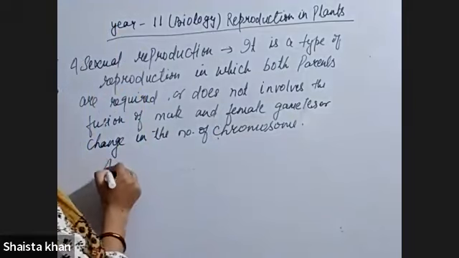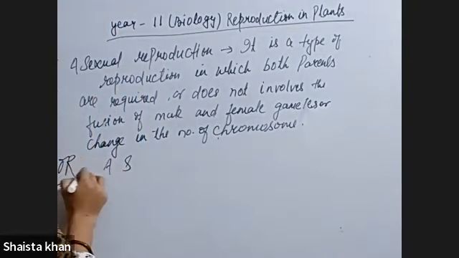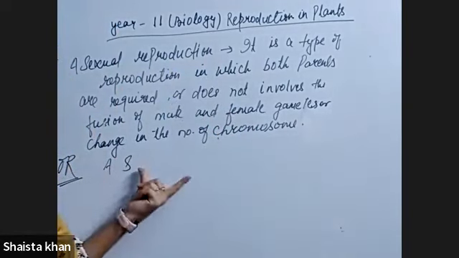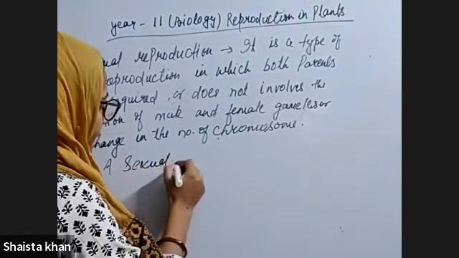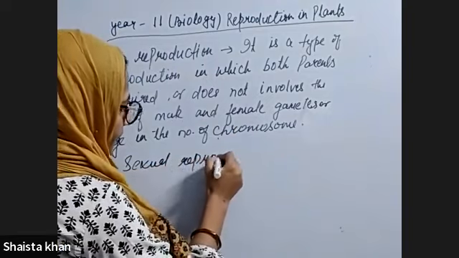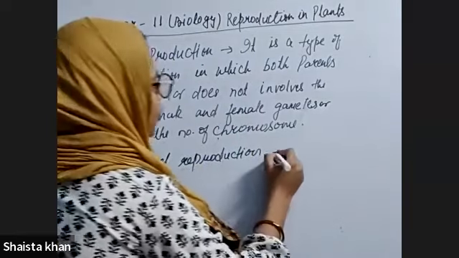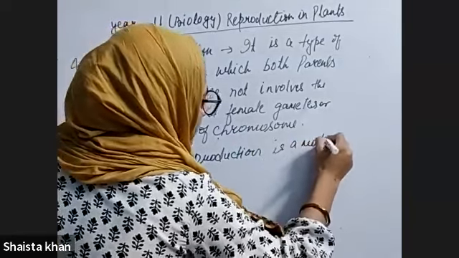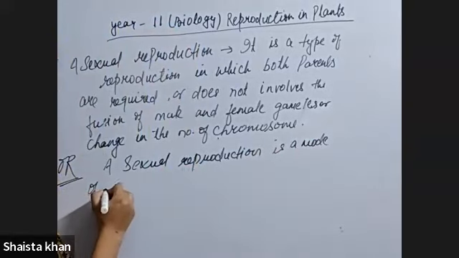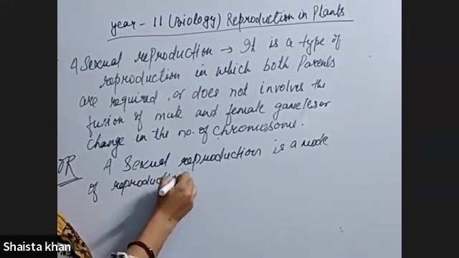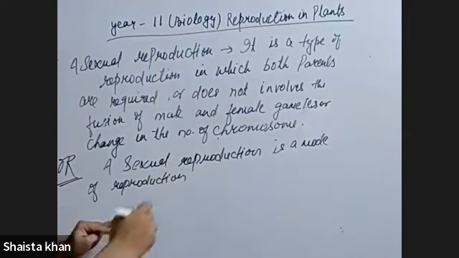In which new offspring is reproduced by a single parent. That is asexual reproduction, or there is another definition. If you are getting this definition, that is well and good. If you're not getting it, I'm writing another definition. Asexual reproduction is a mode of reproduction in which